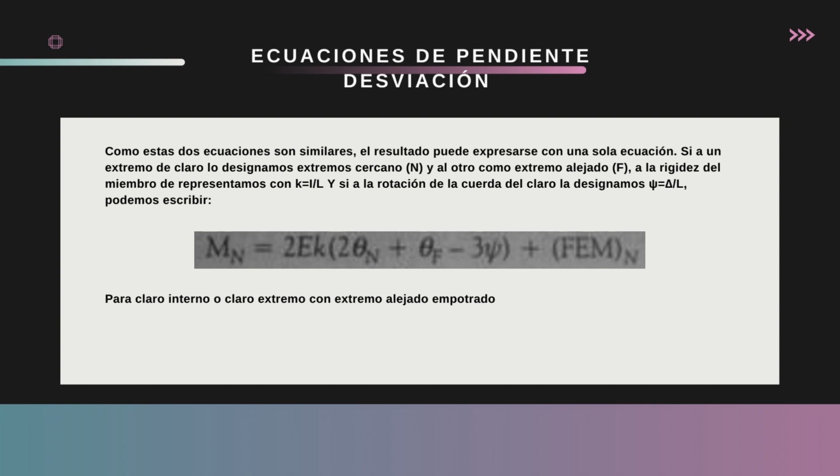If we designate one span end as near end, N, and the other as far end, F, the stiffness of the span member is represented by K equals I/L. And if we designate the rotation of the span chord, psi equals delta/L, we can write for an internal span, or end span with recessed far end,